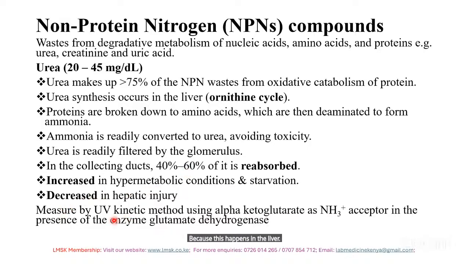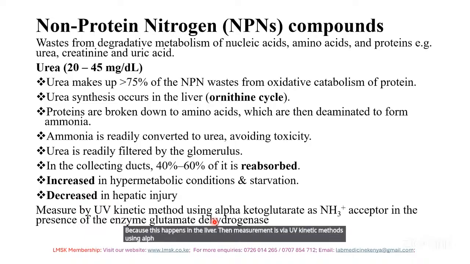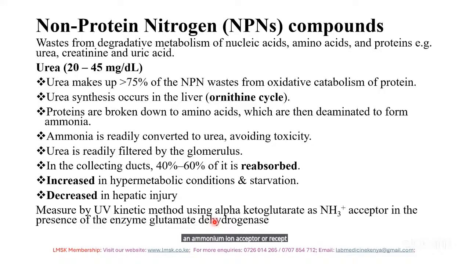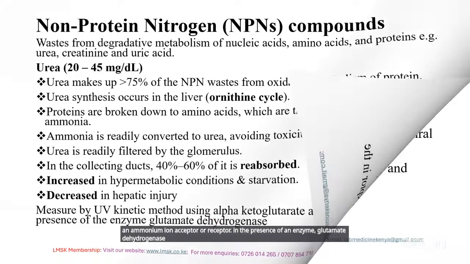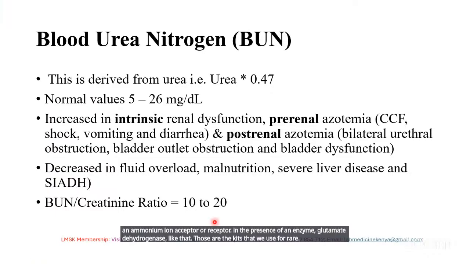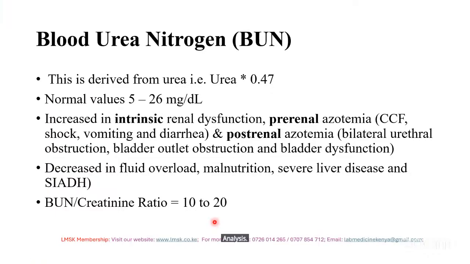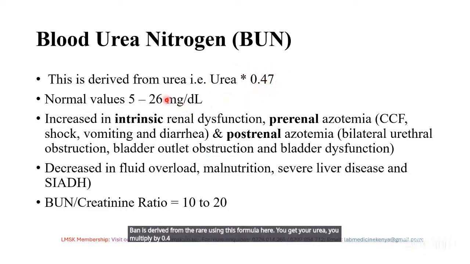Then measurement is via UV kinetic methods using alpha-ketoglutarate as an ammonium ion acceptor in the presence of an enzyme, glutamate dehydrogenase. Those are the kits that we use for urea analysis. BUN is derived from urea using this formula here. You get your urea, you multiply by 0.47 if you're using mg per dL, and it is increased in